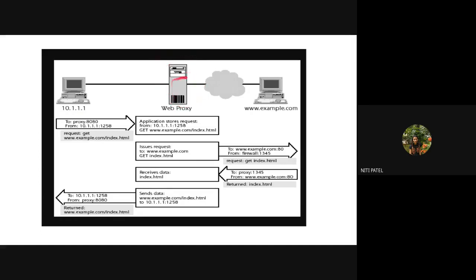What will the proxy server do? The proxy server will change 10.1.1.1 to some new address, say 20.1.1.1, and then the request will be forwarded ahead to the server. So what will the server understand? That the request has not come from 10.1.1.1, but from 20.1.1.1, which is nothing but the proxy server, an intermediate machine, and not the intended client from where the request came. Why is this done, or what is the use of a proxy server? Just to hide the details of who the client is and who the server is.